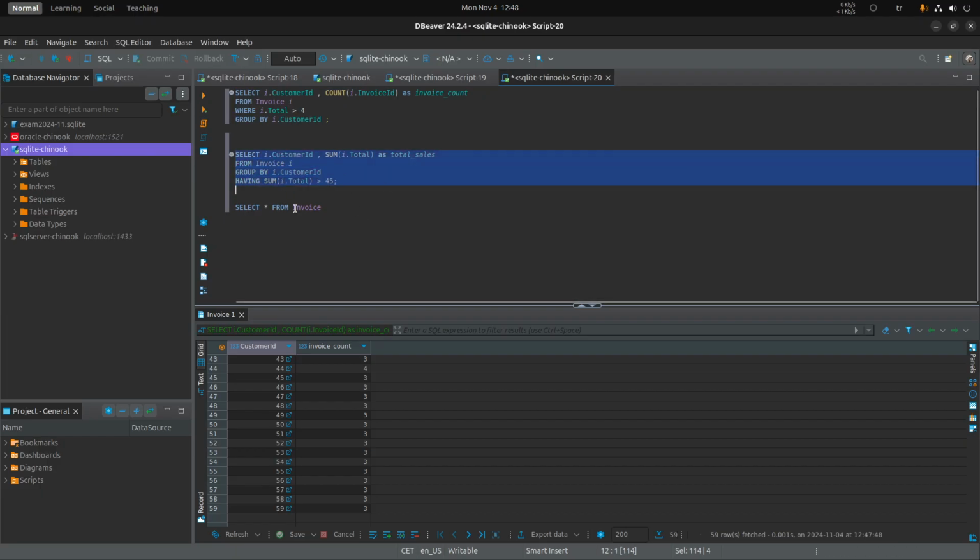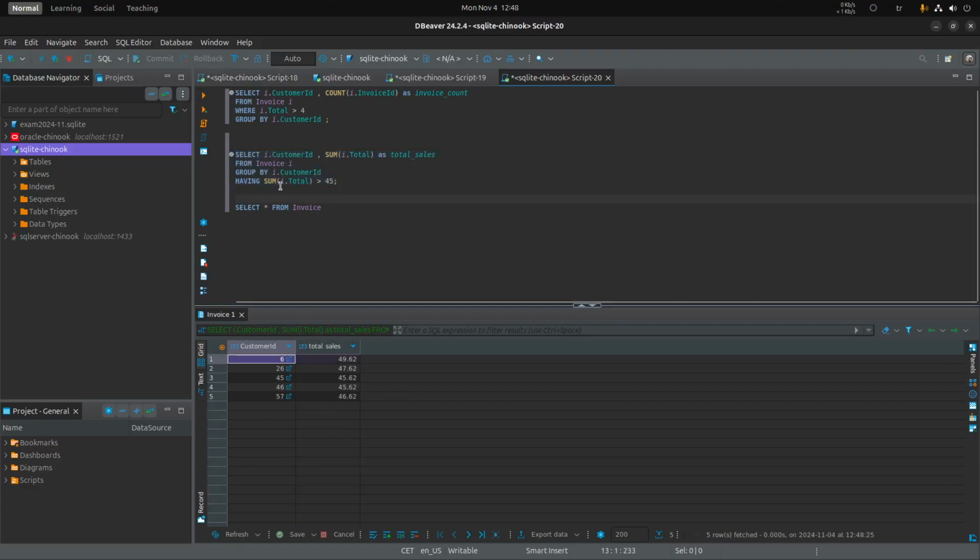Here we are doing the same aggregation again, but asking for the customers whose invoice totals are higher than 45. As you can see, only 5 customers